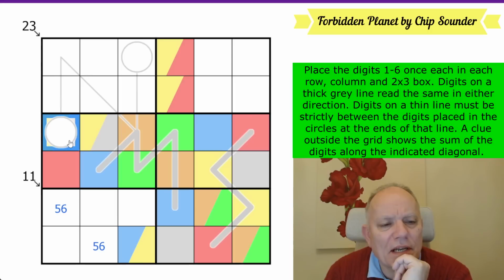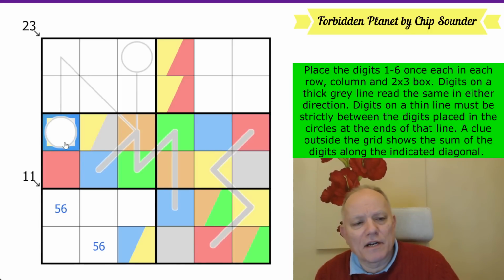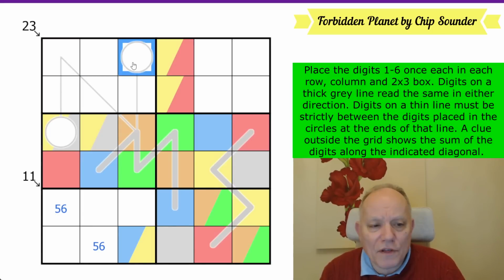Oh, and this one is now this yellow or grey. Right. It can't be on its own line. The circled digits cannot appear on the line. So that digit doesn't appear in any of those cells. It can't be in the other circle